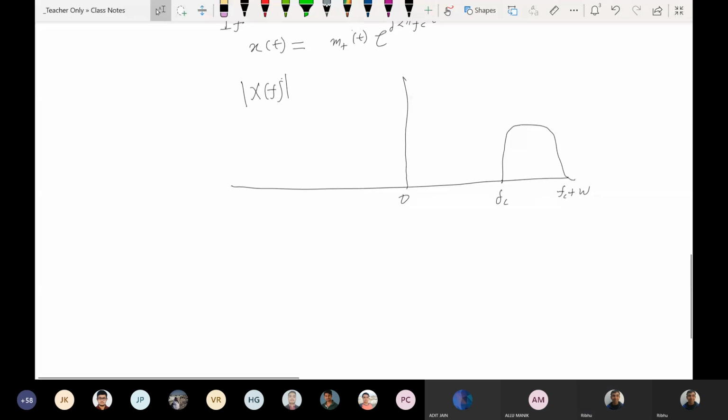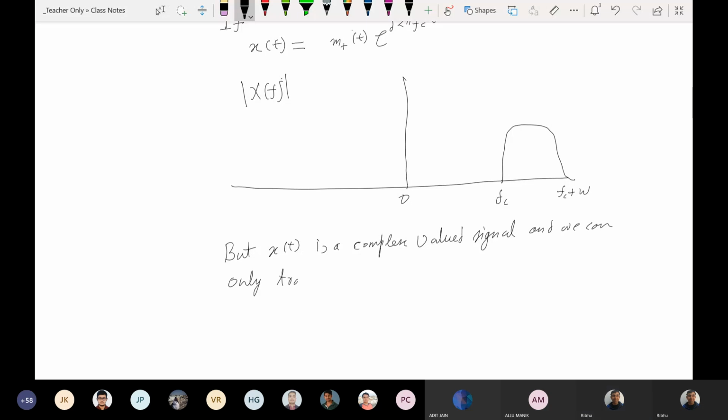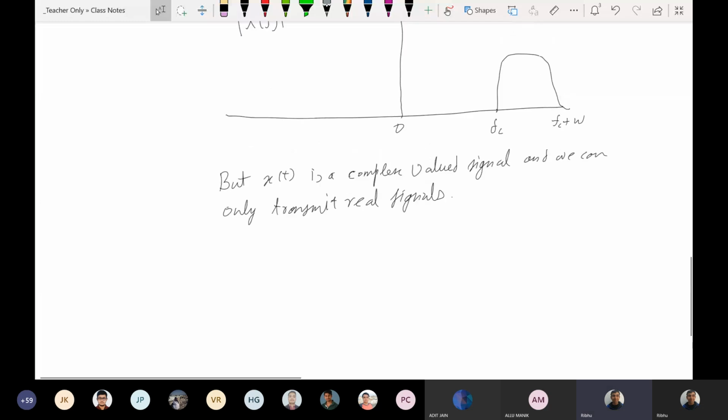But x(t) is a complex signal and we can only transmit real signals. So because of this,